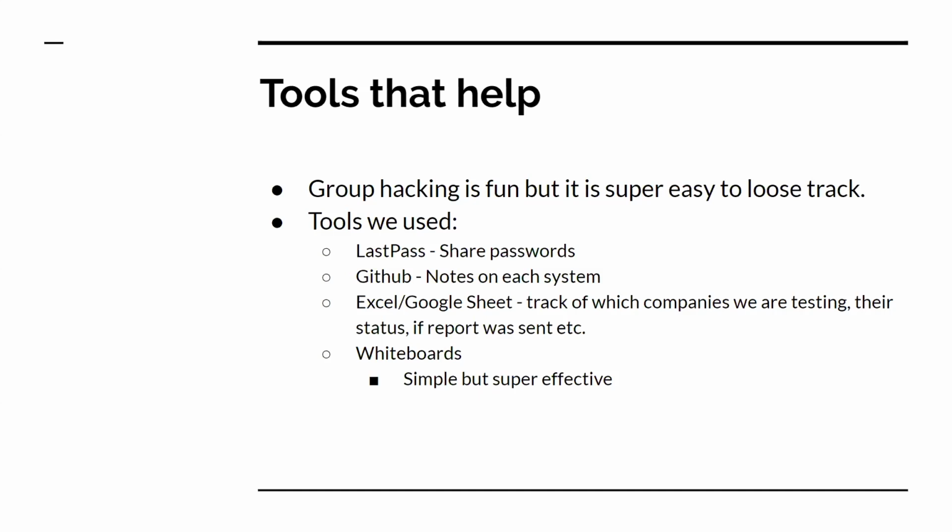Let's share our passwords on LastPass. Even when we had the Google email, we made sure that companies were not compromised in any way in the future. So we created 25-character passwords for those Google accounts or any accounts we made. And then we shared amongst each other whenever we had something. When we got a Google email, we'd share it in the group and say, hey, I got this Google email. I cannot do much with it. Can someone else look into it? And because they had the password, they could do the same. They didn't have to do the same attack again, which prevented all the noise.